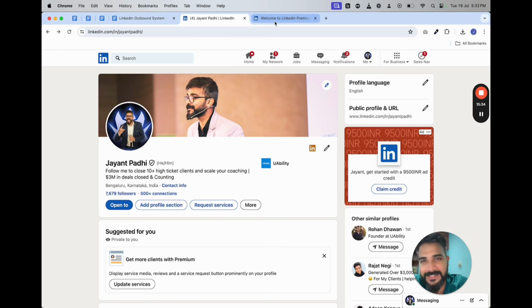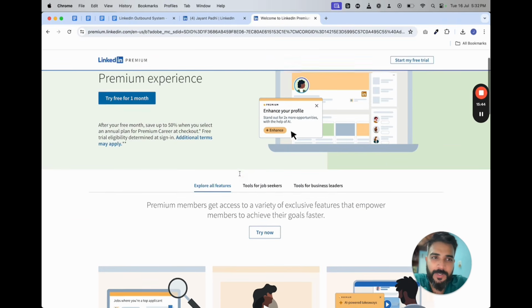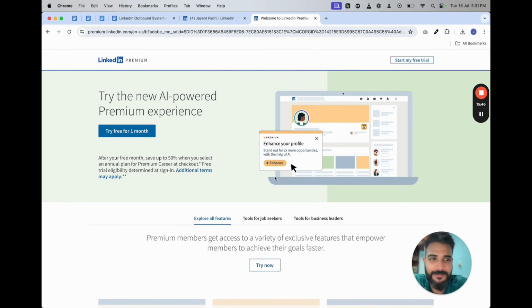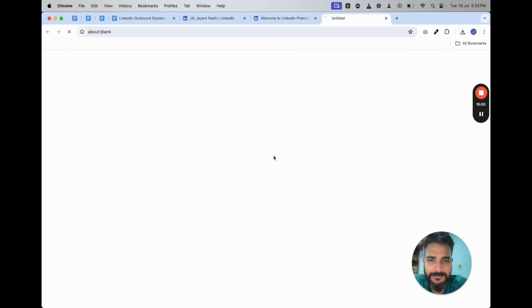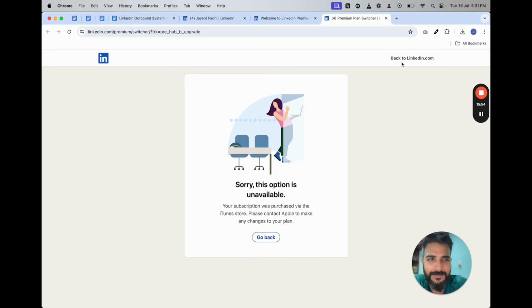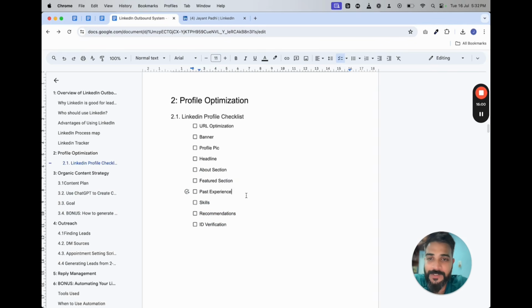And you don't need Sales Navigator as of now. I mean, if you're into it and you can afford it, awesome. But I suggest getting LinkedIn Premium, totally optional, but it's a good option to have. Not sure how much they charge though, but I think it's some 1,000 rupees odd a month. I have Sales Navigator, that's why it doesn't show up, but you can go ahead and check it out. So that's about it.